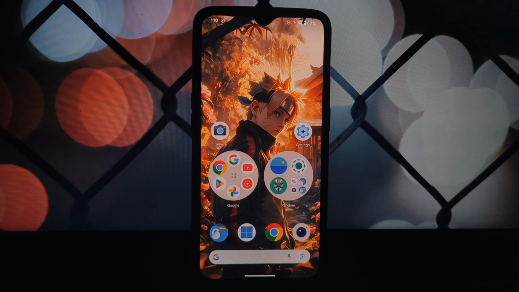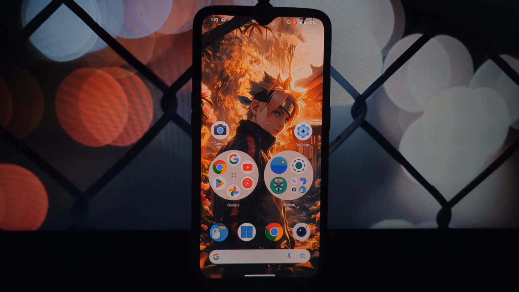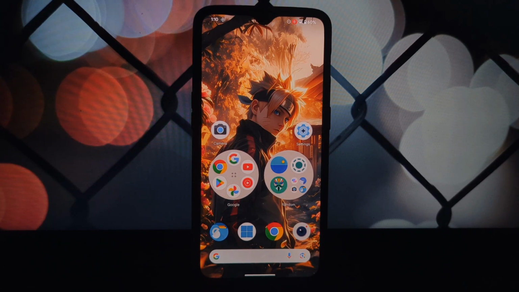Today, we're going to be diving into how to install HyperOS File Manager on any rooted Android phone. This file manager is packed with features that make managing your files a breeze. Note, while I've tested this on Android 14 and it works fine, there's no guarantee it'll function flawlessly on lower